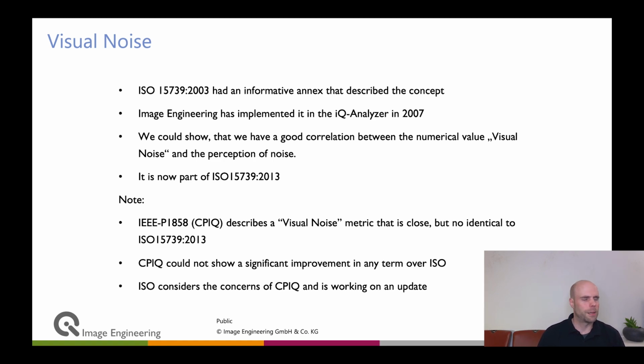Therefore, decide for yourself, have a closer look at that. But we at Image Engineering will follow the ISO standard, and there are activities going on reviewing it, and there might be an upcoming ISO standard that might have changes in that, but the core concept, I think,